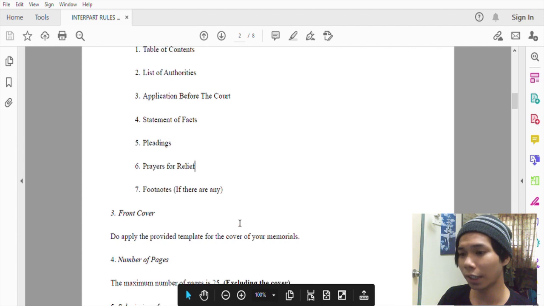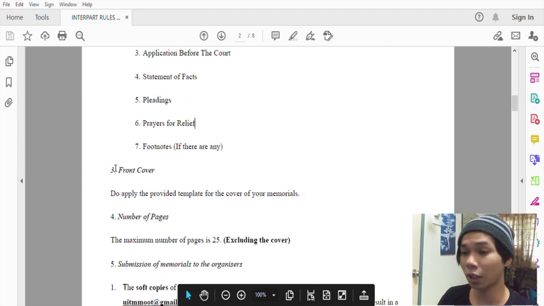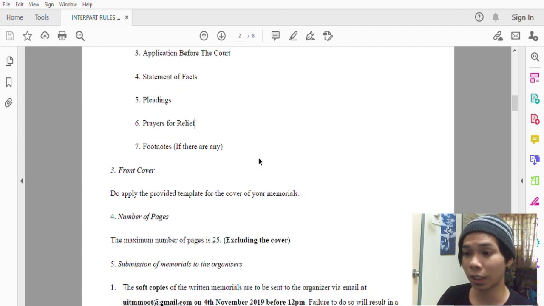The front cover also depends on the competition that you enter. Sometimes it's optional for you to put the logo of your institution, but basically what I've seen, it's mandatory for you to put the name of the case. It's important for you to put the name of the counsel, and most importantly, your team number, your group number.